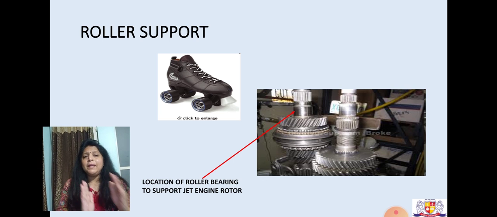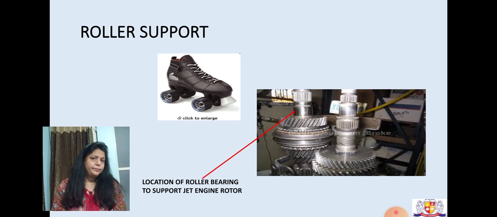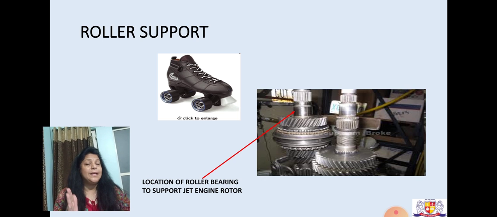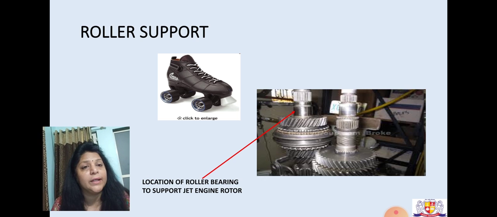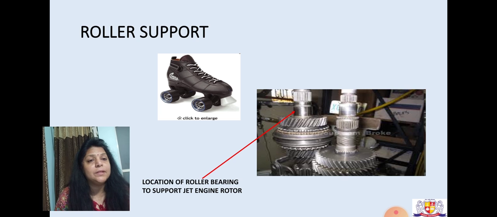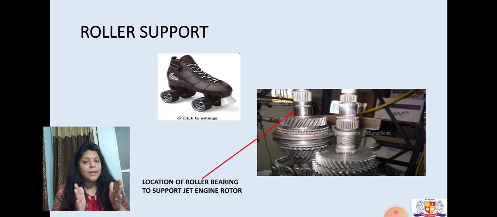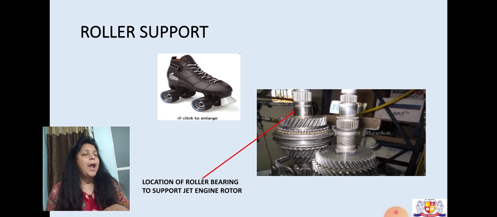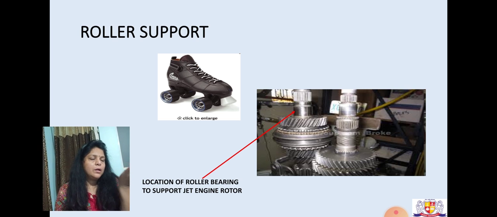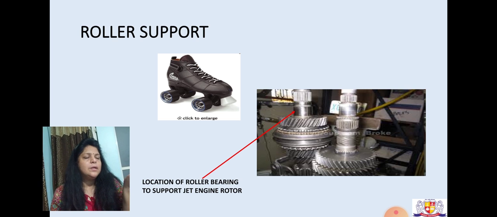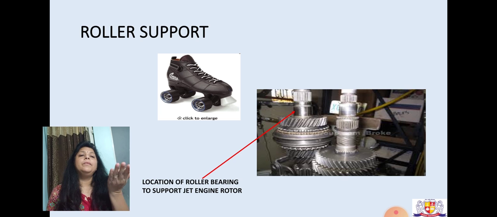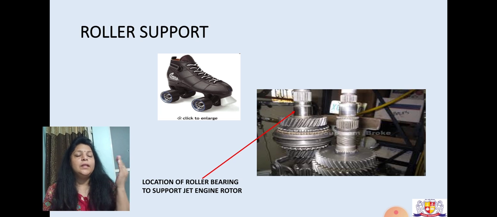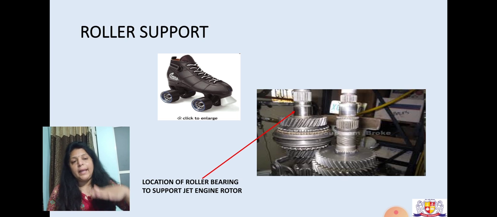I think everybody must have seen them on the flyovers. What do you see on the flyovers? There is a gap after 800 meters or 1 kilometer or 500 meters. And what does that gap show? That gap is basically an expansion joint, or a pillar, and the surface of the flyover. Okay, they are getting connected.